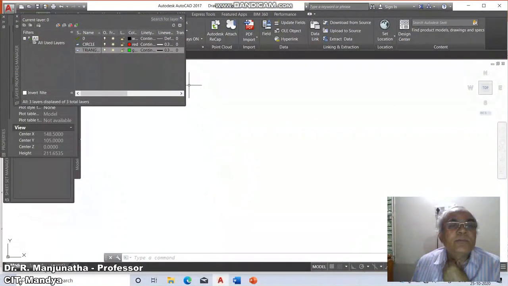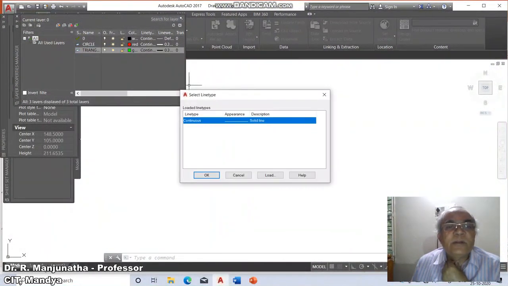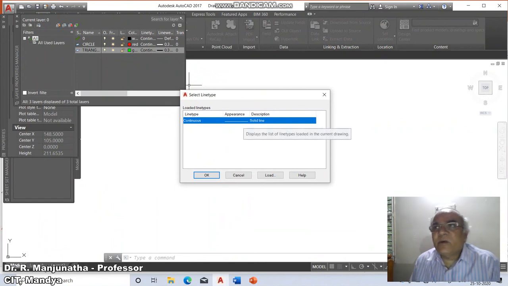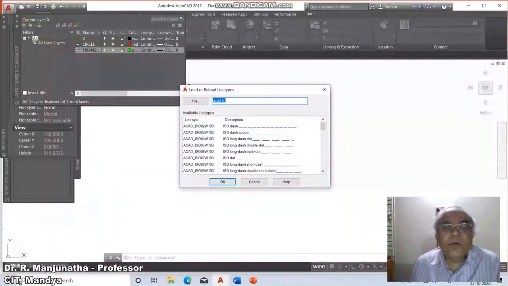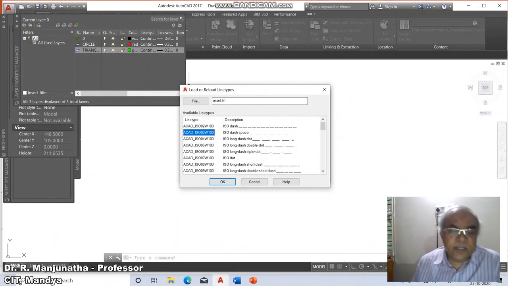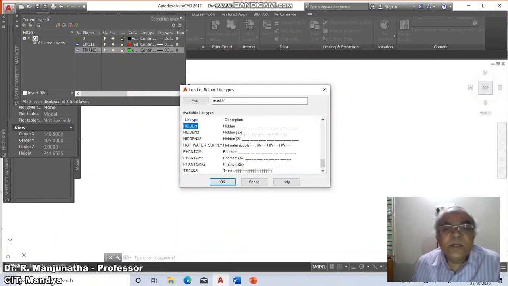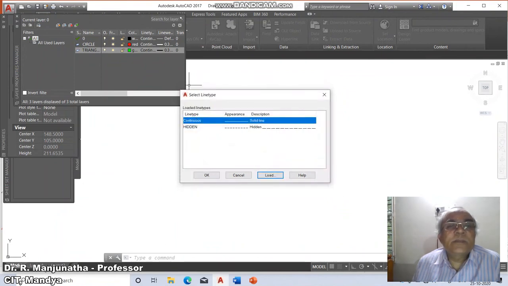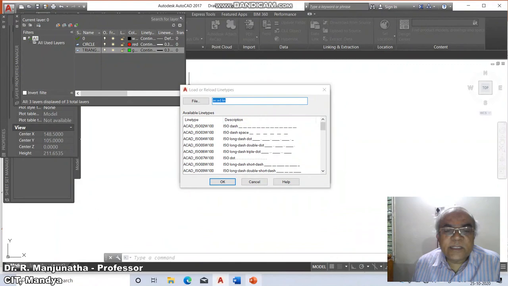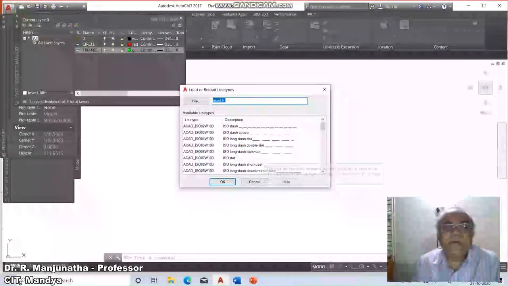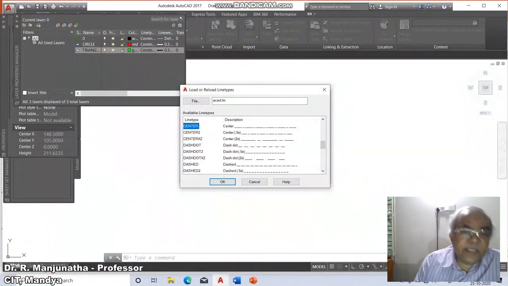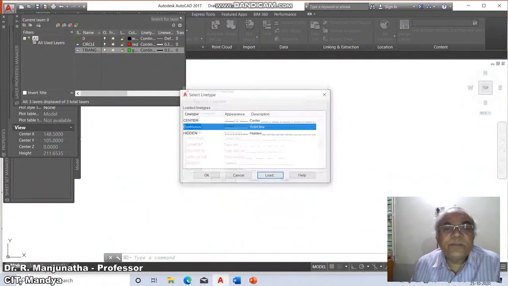So you can come to this. By default we will always have only one line type, which is the solid line type. So I want to load this. I will click on load, bring it down here and type H, and say okay. Then again load, I want to have the center line type. Again we have the center and dash dot. We will load both now itself. So go to center, type C and say okay.